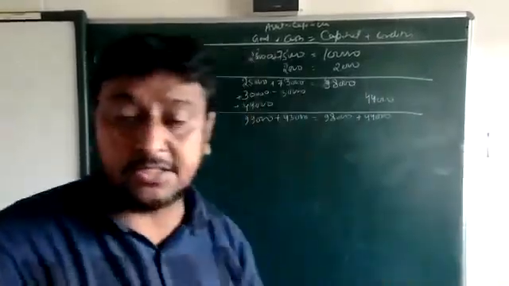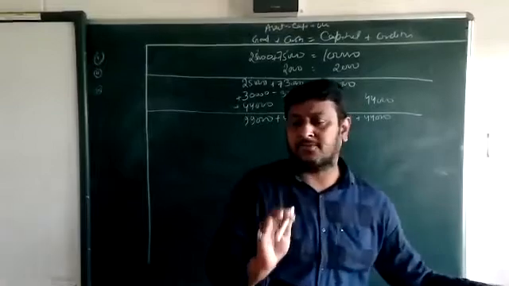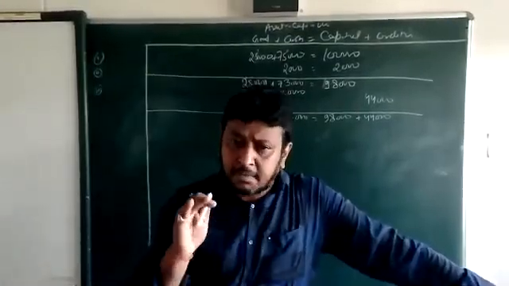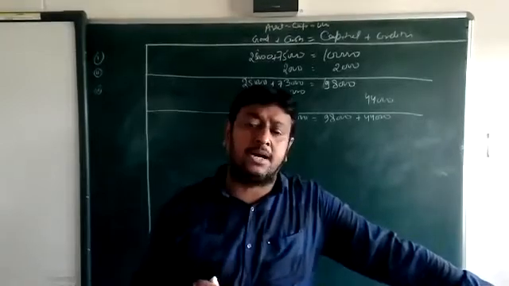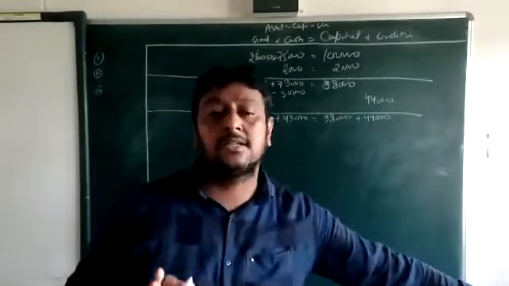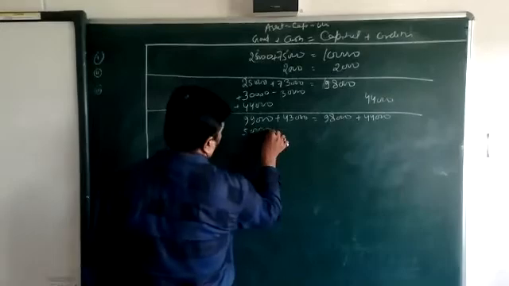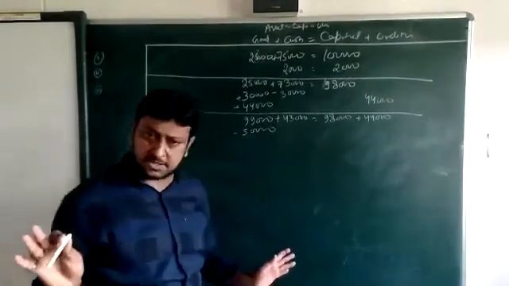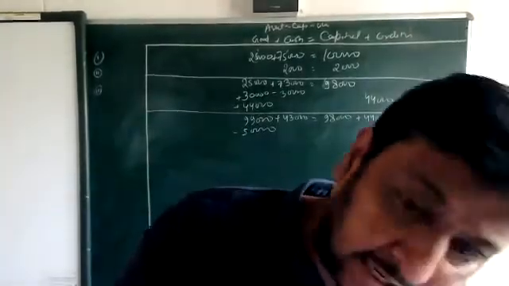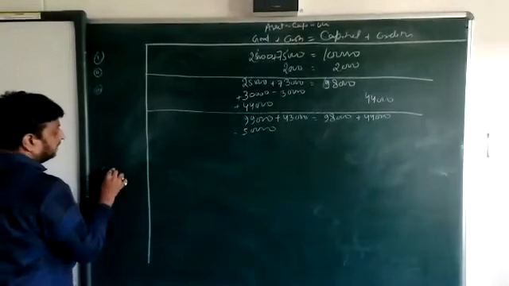First, we are going to sell the goods. Any transaction of this type that comes, just take it very easily, part by part. First, 50,000 value of goods we are going to sell. It means first we are going to reduce 50,000 from your goods. Finished? One thing is finished. Then we are selling these goods at 25% profit. Just calculate the 25% of 50,000.